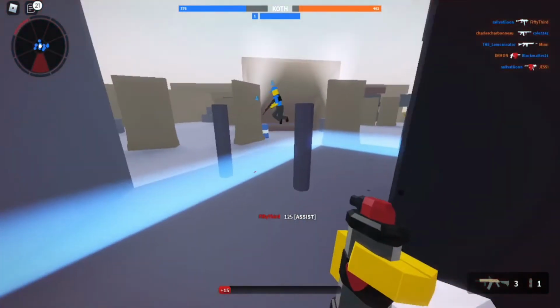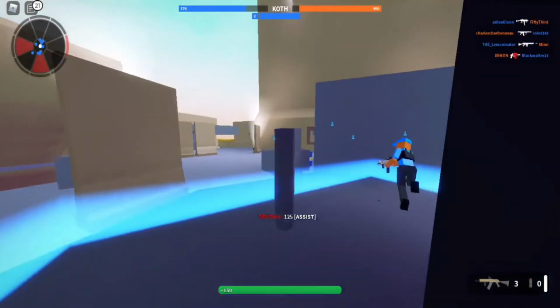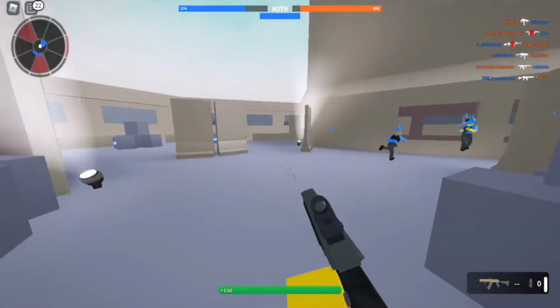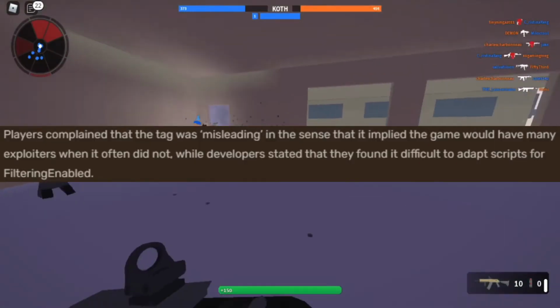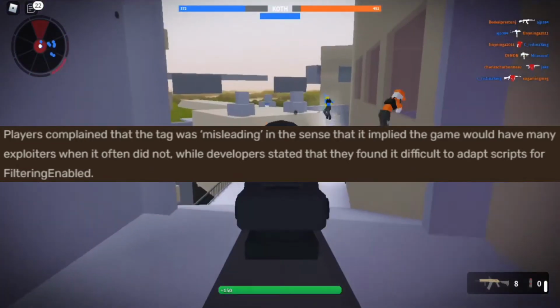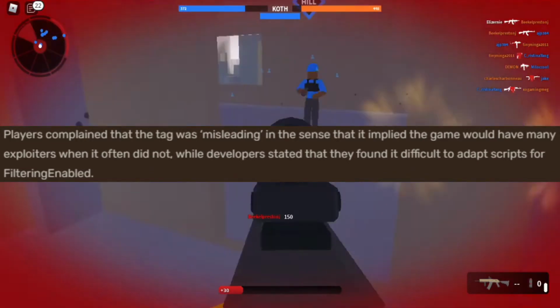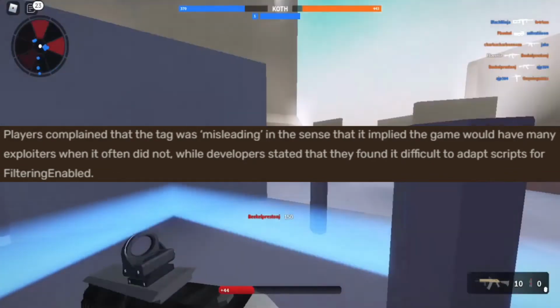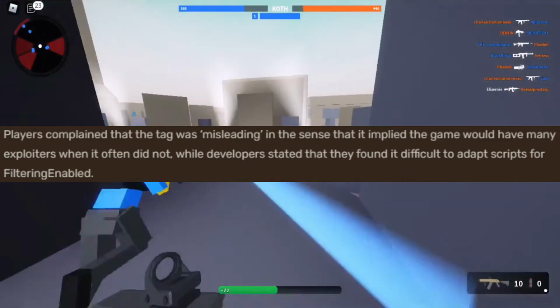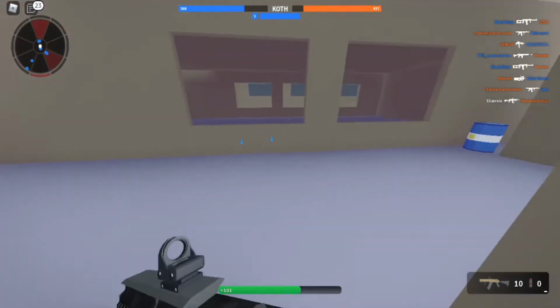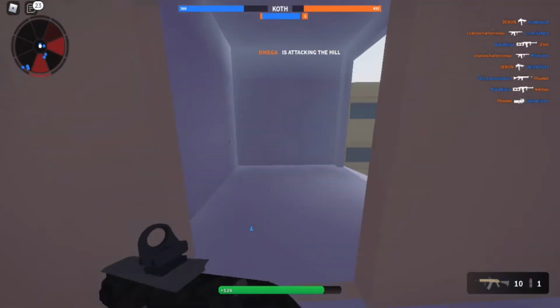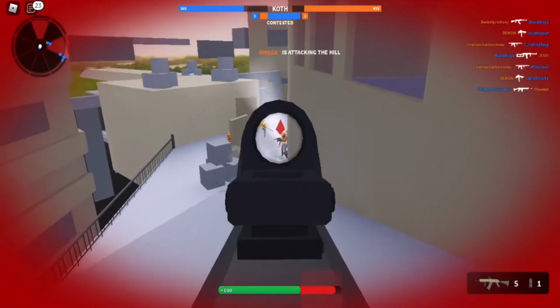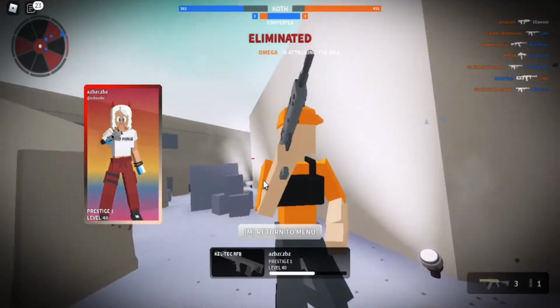And this feature got a lot of backlash from both Roblox players and developers. Players said that experimental mode was misleading because it would mean all Roblox games that had experimental mode will have a lot of exploiters, and developers said that they found it difficult adapting their scripts for filtering enabled. And because of the backlash, Roblox ended up removing experimental mode and made a developer post about it that says,